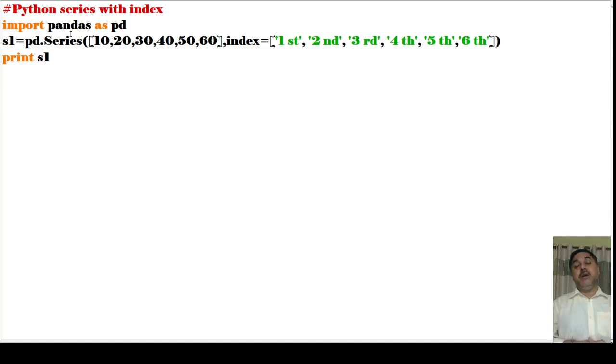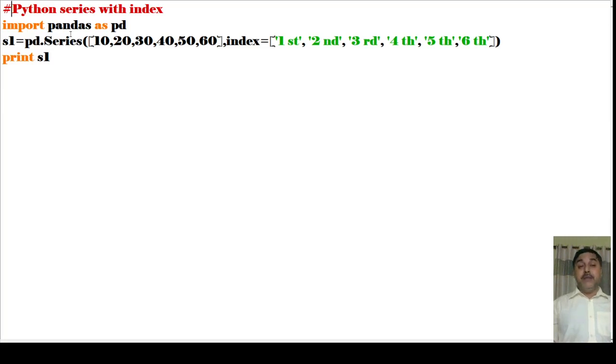Now what is our work here? When we give numbers, a particular series or pattern of numbers, they need to be given some index. So from where will you give an index?